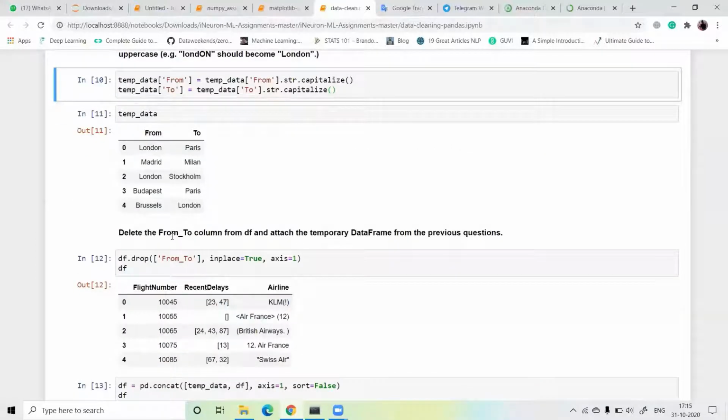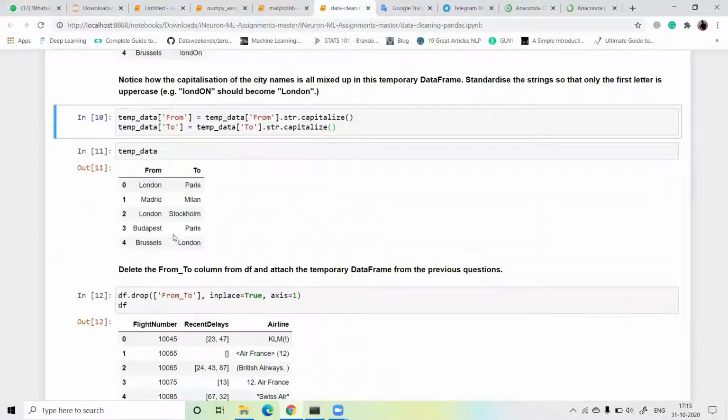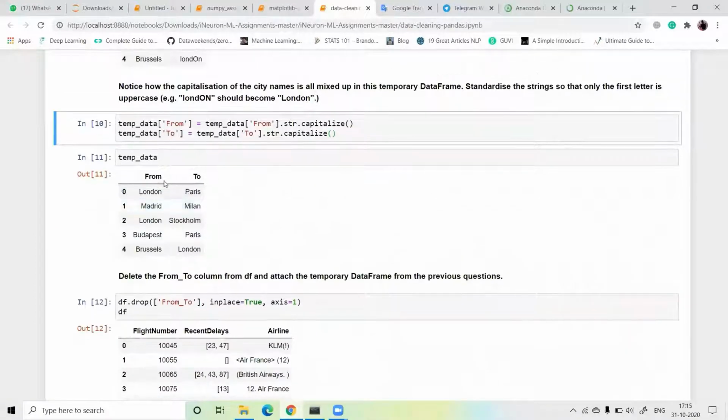Next, delete the from to column from the data frame and attach the temporary data from the previous data frame. We have deleted this from to column and attach this data frame, okay.